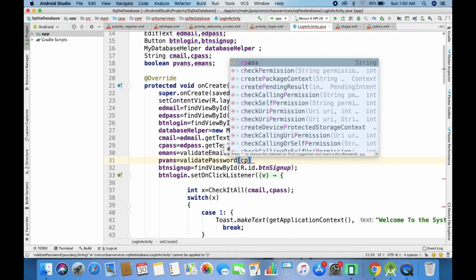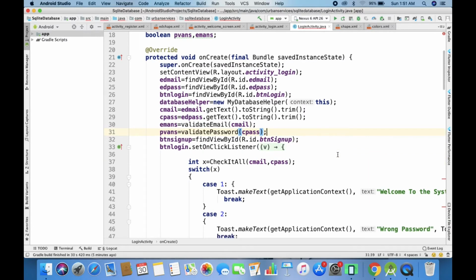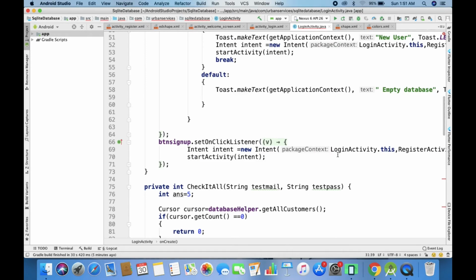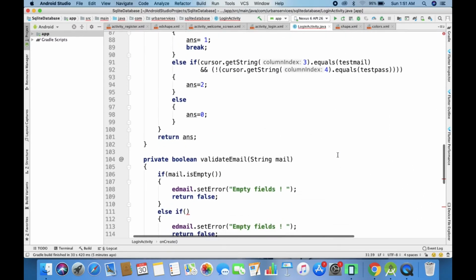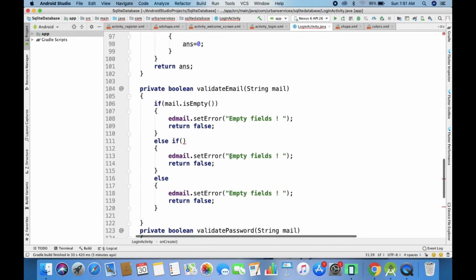So one will have the boolean value returned from validate email, and we are passing the mail and the password. Cmail and cpass are the string values fetched from the edit text email and password. So these two values will be fetched and passed to this function. So the mail is coming here. Now again we'll check if mail dot